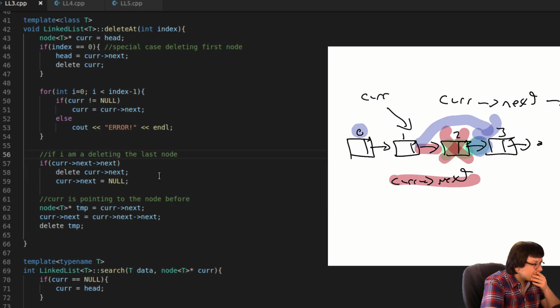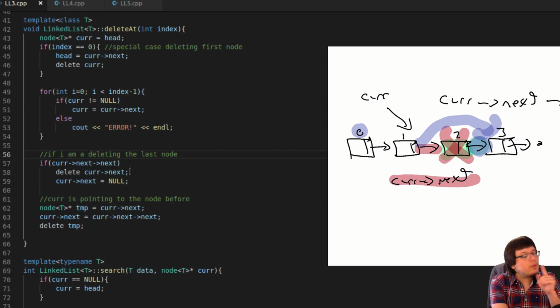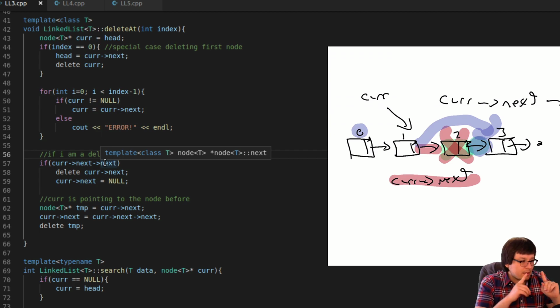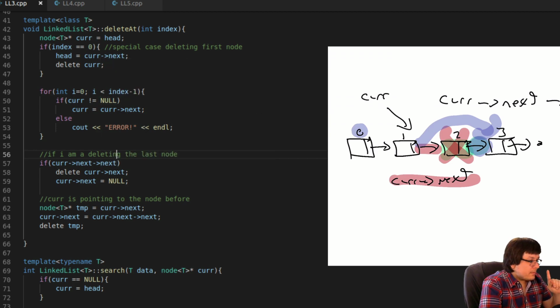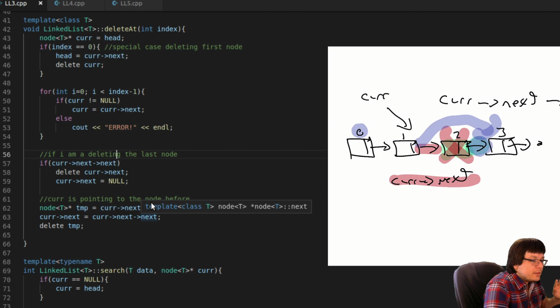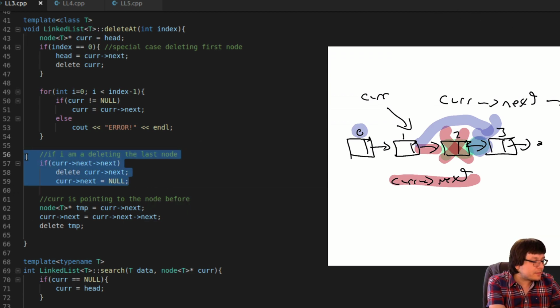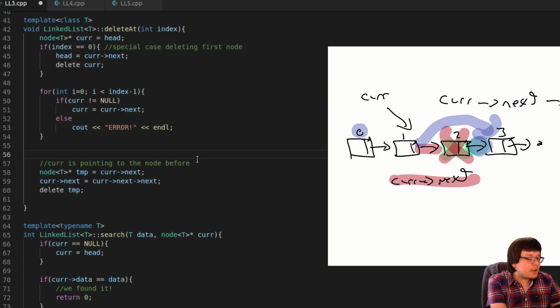Oh, okay, this might be an issue. Hold on a second. No, this can never happen actually, because if the index that we're deleting again... Actually, this can't happen, but it's again if we get an invalid index. If we get index 3 out of this, none of this is problematic. There's no problems here. The problem is if we get index 4 when there's only up to index 3. So actually, we don't need any of this. We just need to make sure that they're not doing bad things.